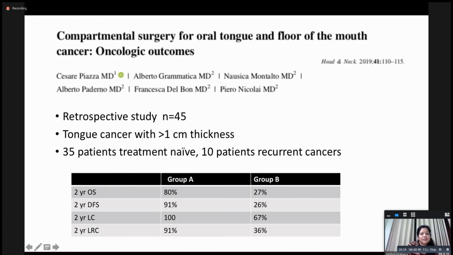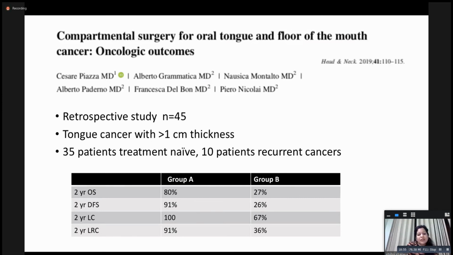This is another group, probably the only other group which has published results, just last year. They included 45 patients, but with a slight variation. They included T3 tumors as per the current AJCC classification, which had more than 1 centimeter thickness. Then they did compartmental tongue surgery for all of these patients, but they divided them into two groups. One group included 35 patients who were treatment naive. Then group 2 had 10 patients who had already received radiation therapy or some other form of treatment,